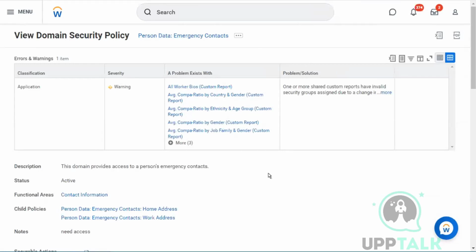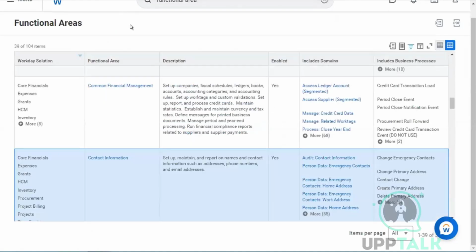So now that we are familiarizing ourselves, I'll take all the steps back. I'll go to the initial setting where we're looking at the functional area report, right? We see that we have this business or functional area. If you see something here, this also gives you the same information that these are the domains, these are the business processes. And we are looking at this domain, person data emergency contact, which we opened up here,